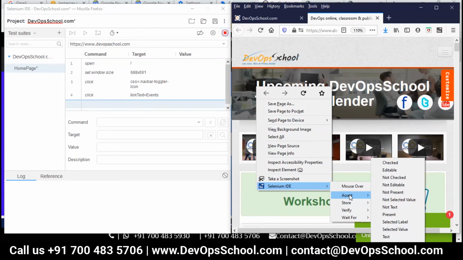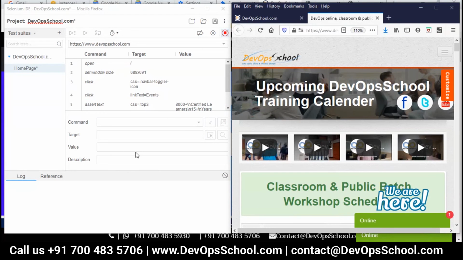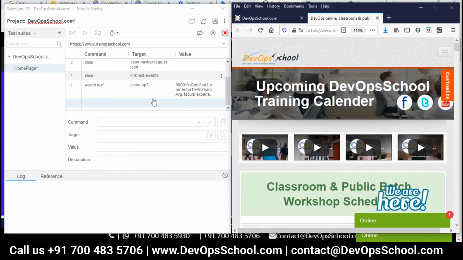What do you want to do? Assert text, title, some value, some selected value, selected label, editable check. Many things are there. Text. What is this? Text. So here you have to understand that text which is here.